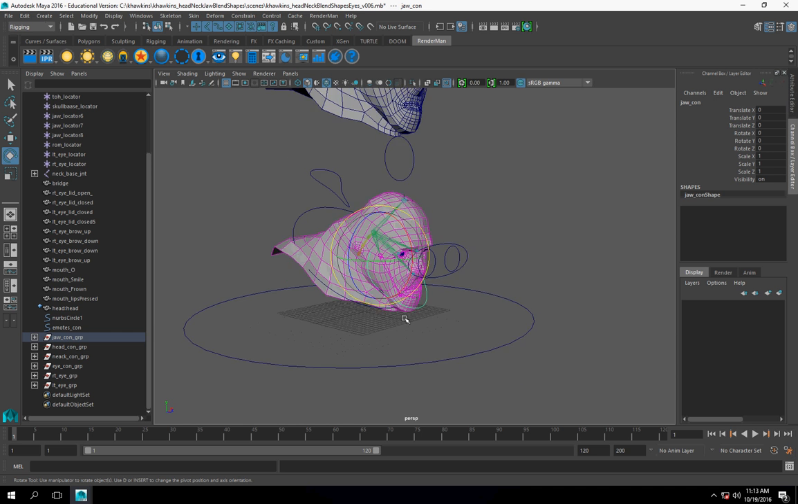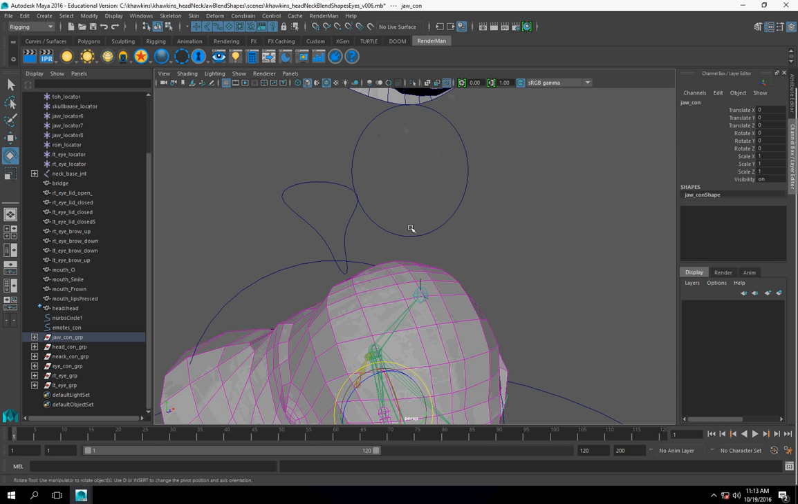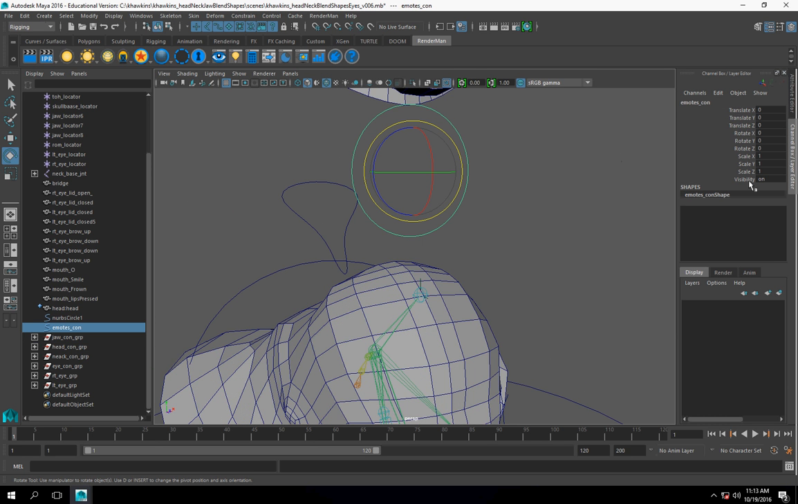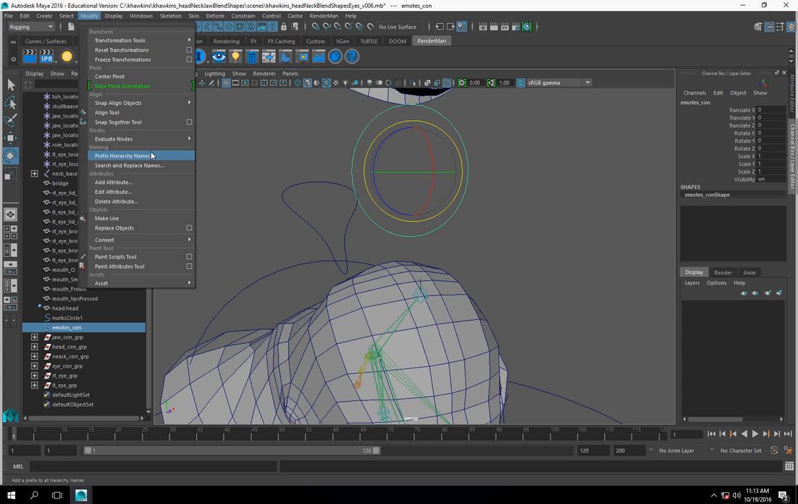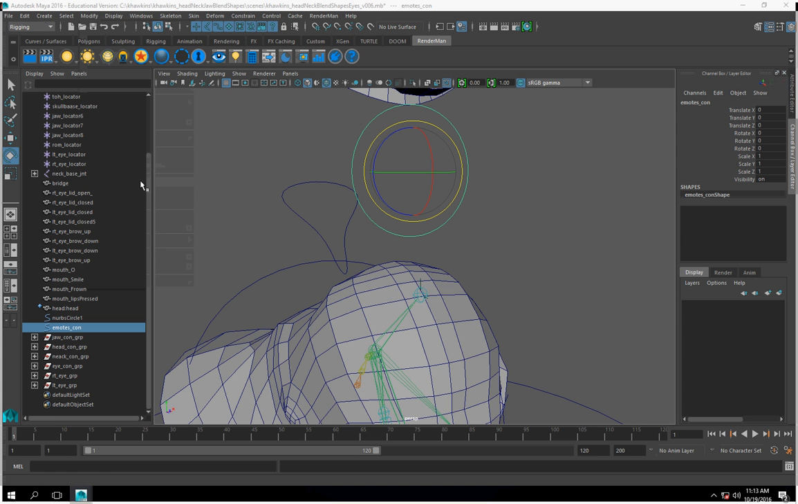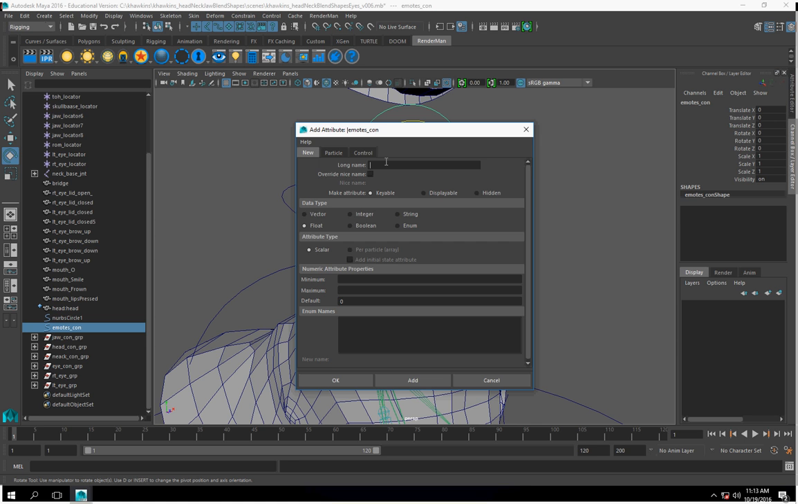So now that we have that set up, what we need to do is set up our emotes. So modify, add attribute, and this is going to be emotes, and this is just a displayable. I'm going to hit that. Now,